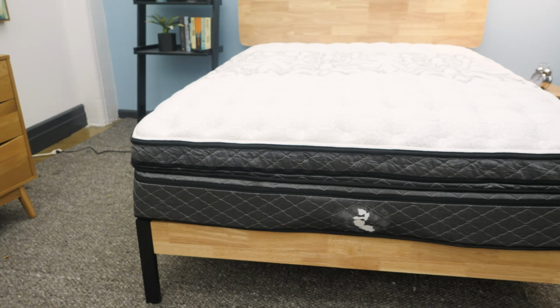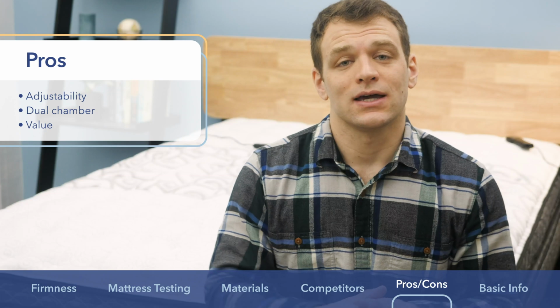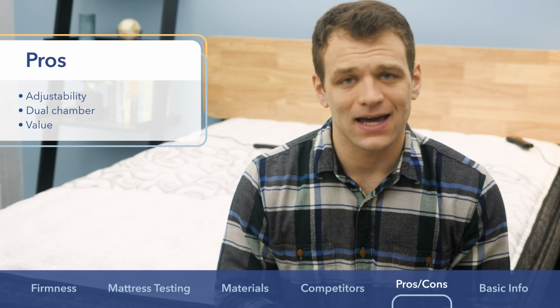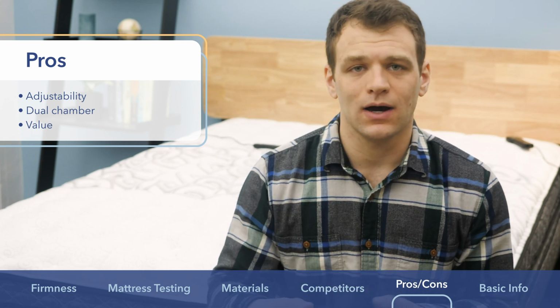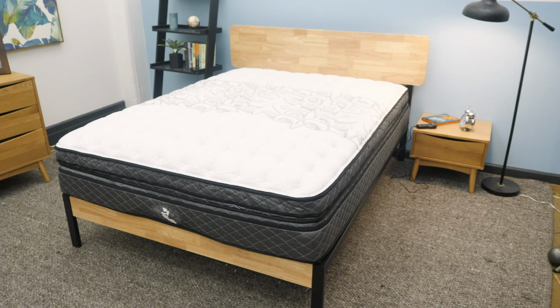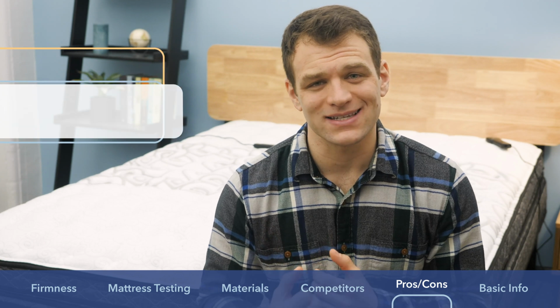Now, the third reason I would recommend the Idle Air is the value. A lot of these mattresses can cost quite a bit because of the kind of machinery and tech inside of them, but if you're looking for a value option in the air chamber adjustable market, the Idle Air will definitely provide that. Now, some of my complaints about the Idle Air that came out through my testing are,